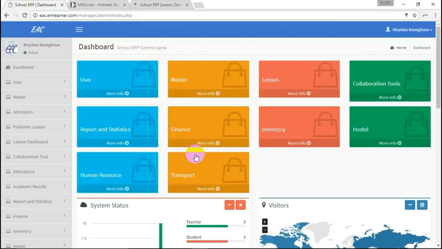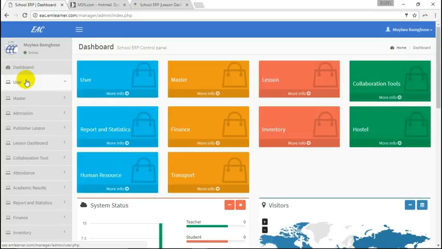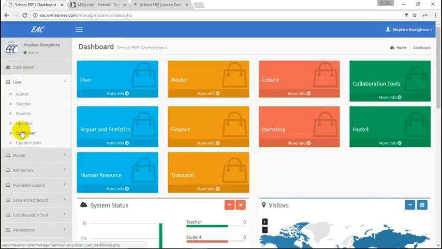Please welcome to the Education Advancement Center platform. This is where the students, teachers, administrators, everyone logs in and accesses their content. We'll create a teacher's dashboard. We are going to do a lot of things today, but let me show you. This has to do with user management of different levels.